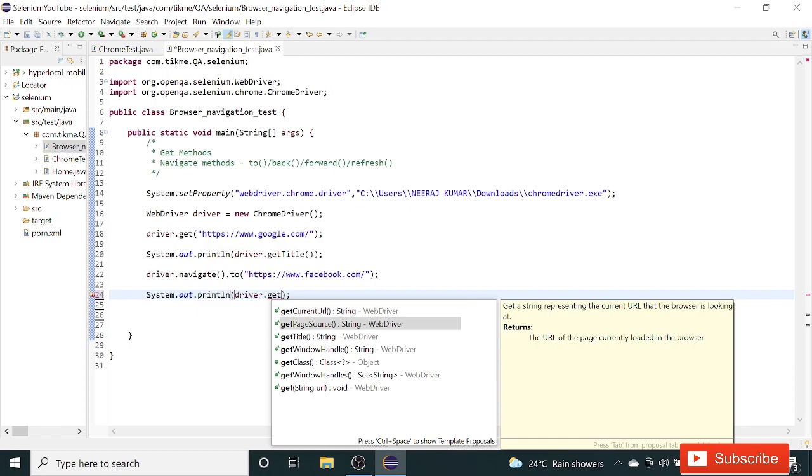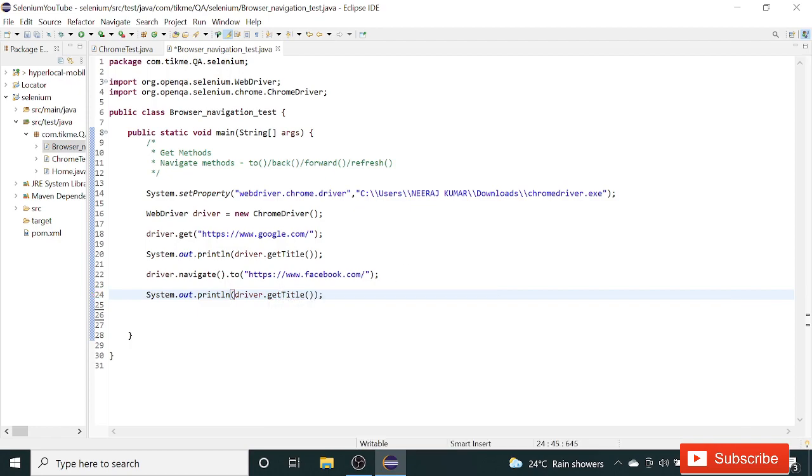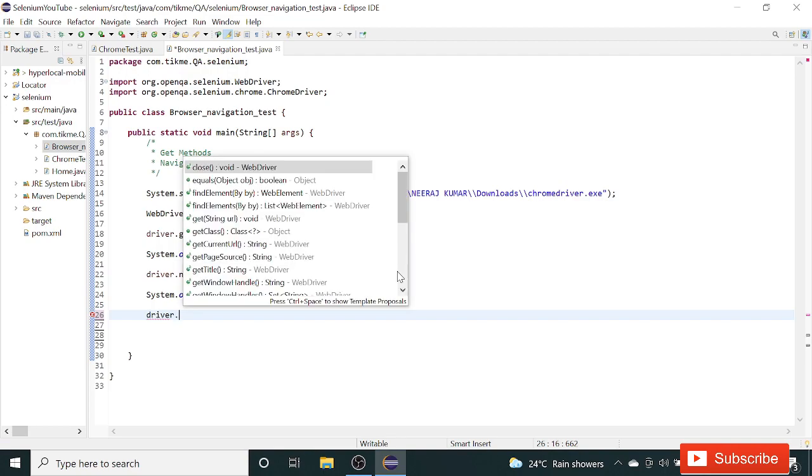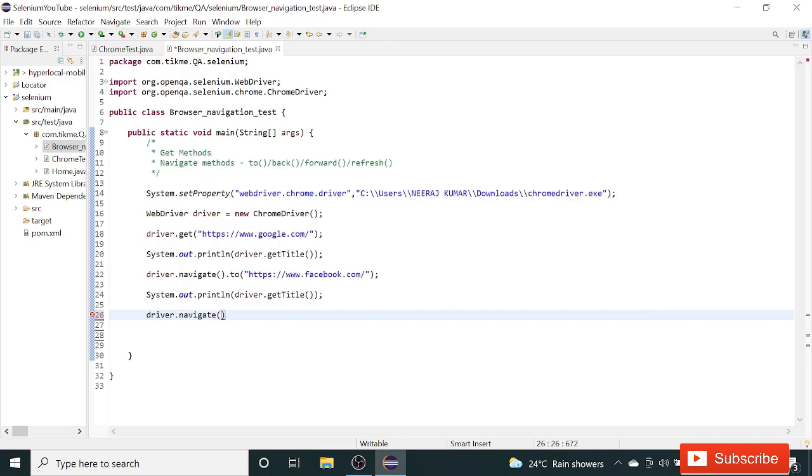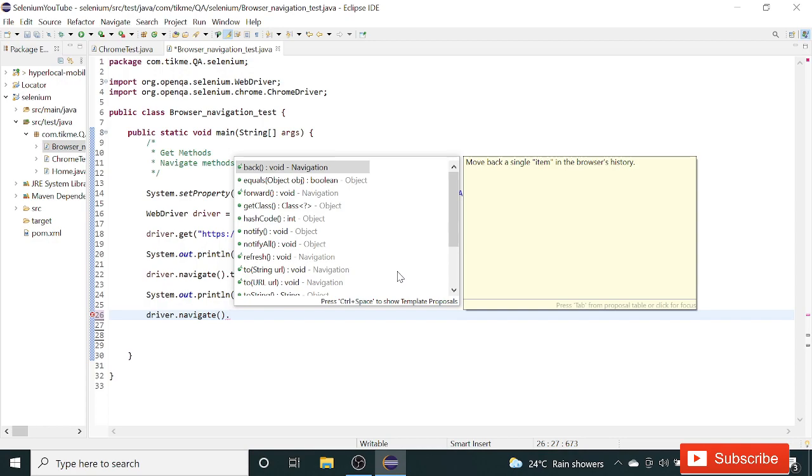Driver.getTitle. Then let's hit the back button. So driver.navigate.back.